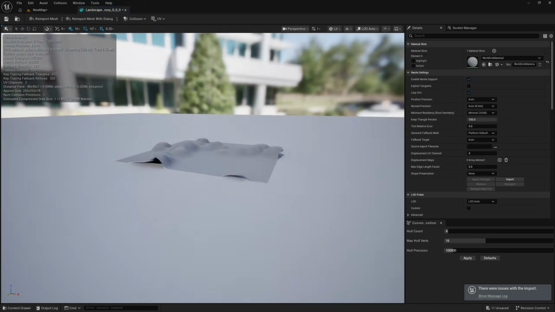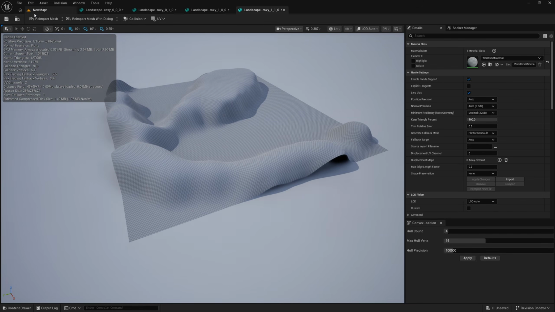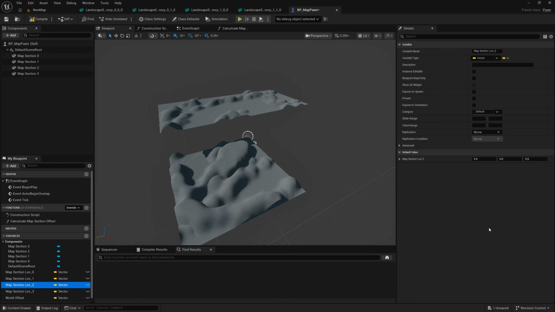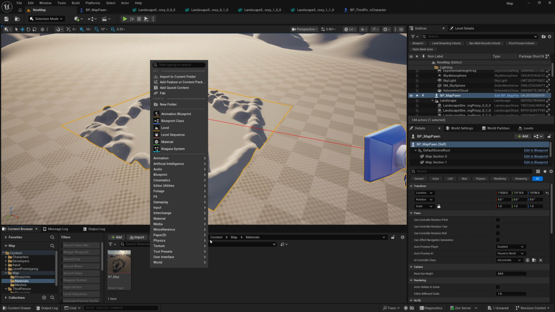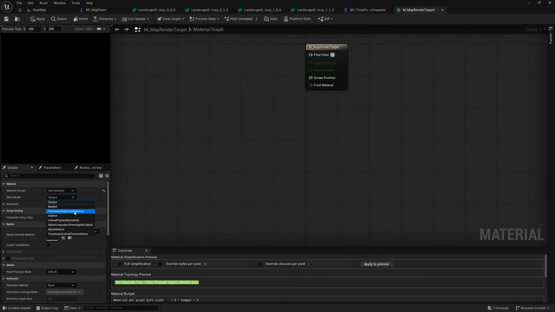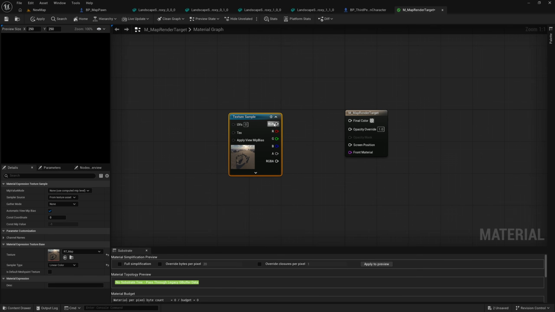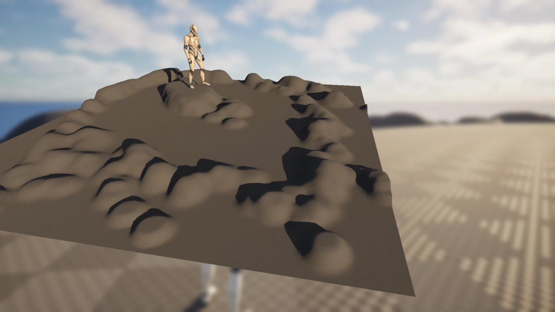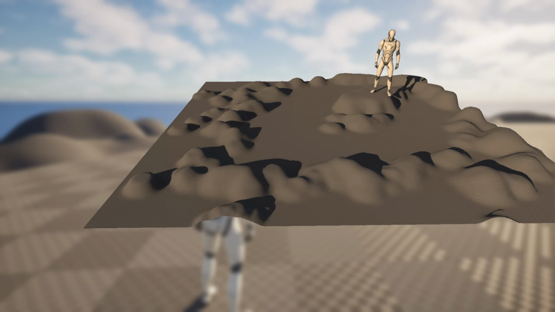I'll be showing you how to export your landscapes and re-import them as static meshes, and then add those static meshes to a blueprint actor, and even how to add a render target so that you can render that blueprint actor inside of a widget, which you'll be able to access by pressing a button, which will pause your game, bring up your map widget, which you'll then be able to move around and look around using your gamepad or